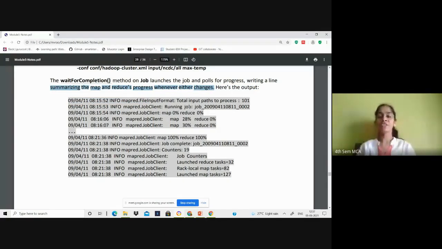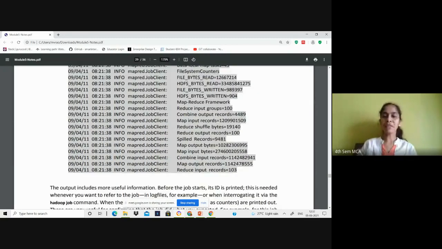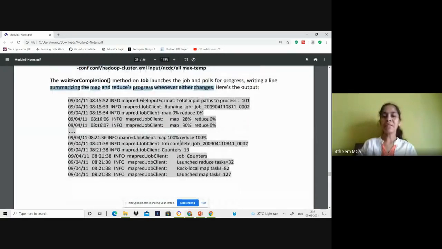Remember, in the web user interface, what I have shown you, and on the screen, if at all you want to know the progress, that progress will be updated at frequent intervals of time as and when there is a progress in the map and reduce jobs. Now you can see these details that are provided by the job. Let me orient you on these figures so that you will understand when you come across this, which will be displayed when a job is